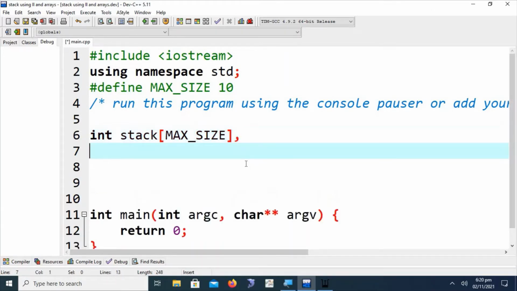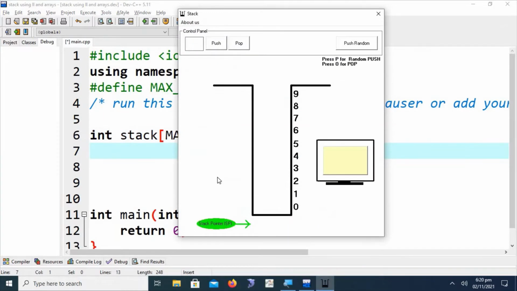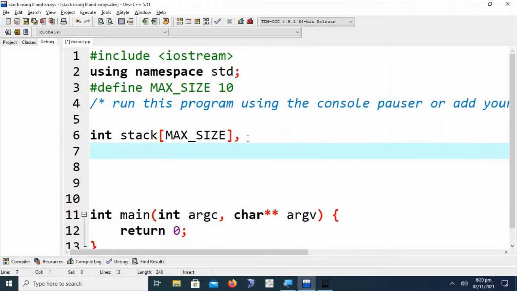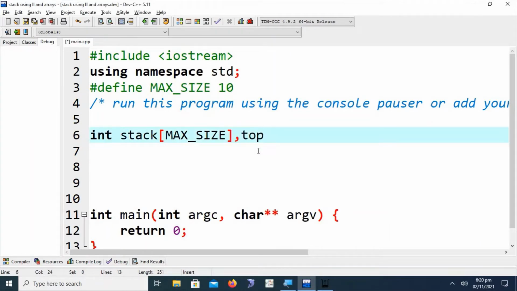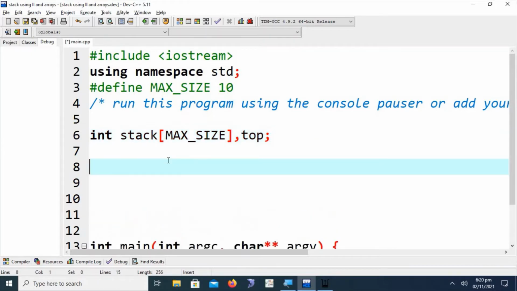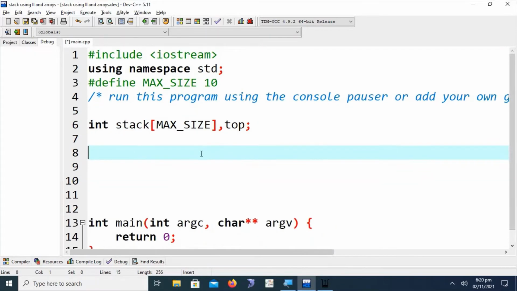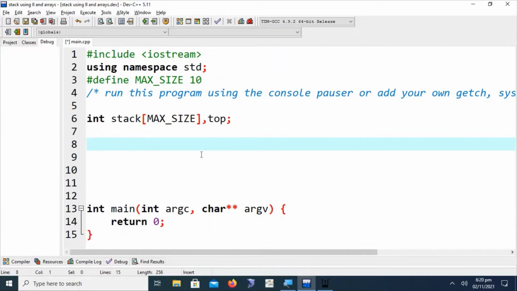and we also require another variable that is called stack pointer, or we can also say the top of the stack. Okay, now we are going to define the operations that can be applied onto the stack. Fundamental operations are push and pop. We have also defined some more functions for proper implementation of the stack. Let's suppose we are defining functions to check the is empty or is full stack